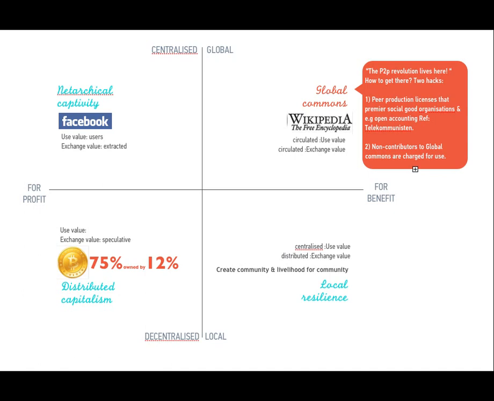So you have a vertical axis and a horizontal one. The vertical divides up centralized versus distributed approaches to peer-to-peer, and that may sound contradictory, but I will explain. And then the horizontal line is for-profit versus for-benefit approaches. Why are you doing it? So that gives us 4 quadrants, and the upper left quadrant brings us into that contradiction of a centralized P2P